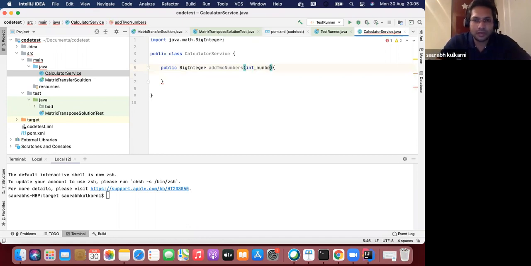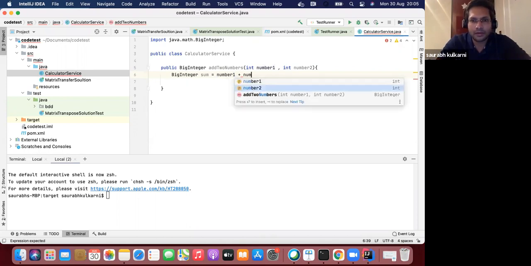So the number one, and this method is expecting two numbers, number two. So let's say integer sum is number one plus number two.